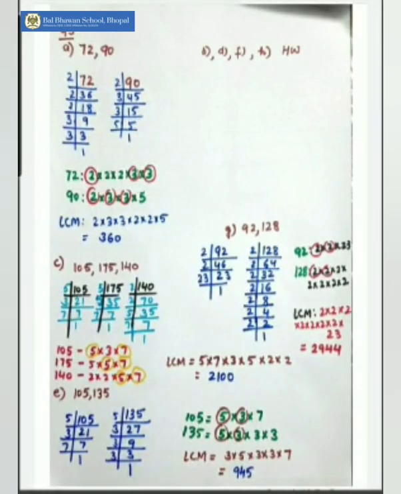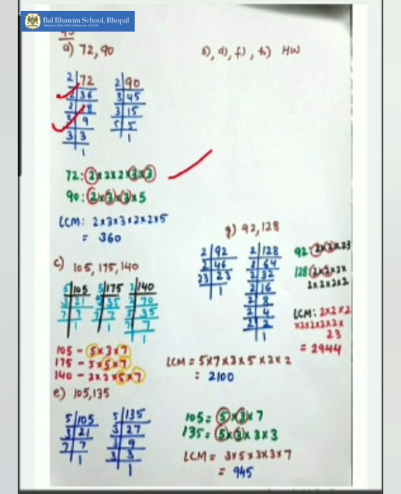In question number 3, they are asking us to find out the LCM by the prime factorization method. So children, we are going to first write down the prime factors of 72. 2 threes are 6, 1 remaining, this becomes 12. So 2 sixes are 12, 2 ones are 2, 2 eights are 16, then 2 nines are 18, 3 threes are 9 and 3 ones are 3. So over here, by prime factorization, I got 2 into 2 into 2 into 3 into 3.